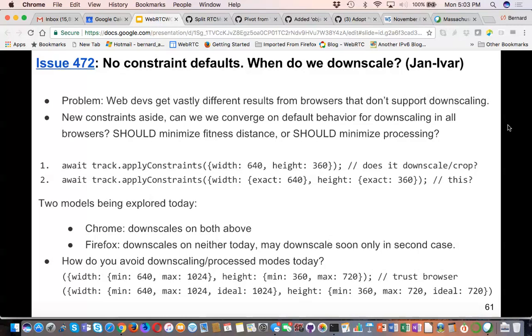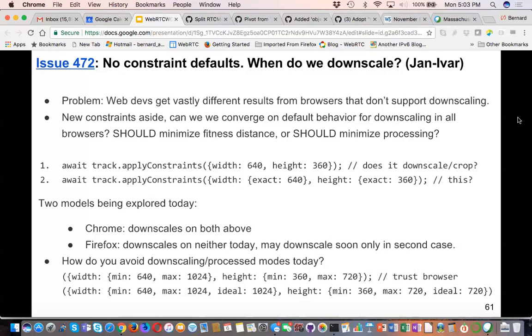So basically, if you care about a value, you have to constrain it. That's not very good for web compat, because web developers usually are happy when the same code produces the same result in different browsers. And this comes right from the spec text.